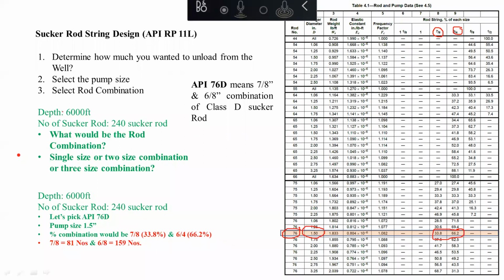Now let's give an example. Your pump depth is 6,000 feet. Like I said, your sucker rod length will be 25 feet. So your 6,000 feet will require 240 number of sucker rod. You know the number of sucker rod you are going to use, but you don't know the combination. And you select based on your well parameter, how much tensile strength you would require for unloading your water. After considering those things, you select, suppose, 76